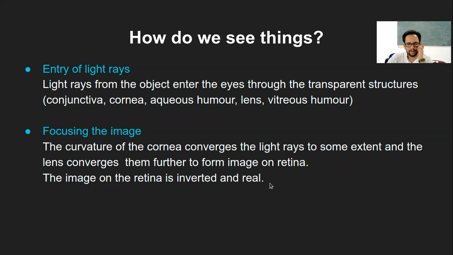This is another kind of question that you usually get. What is the kind of image that we see? Inverted means it's below the axis, and it is real, that means it is as it is. And I'm sure you would have studied this part, inverted and real and virtual and upright, so on, right? Or same as the object. All this I'm sure you would have studied in the optics. So the image that is formed on the retina is inverted and real, and that's how the image focus occurs within the retinal layer.